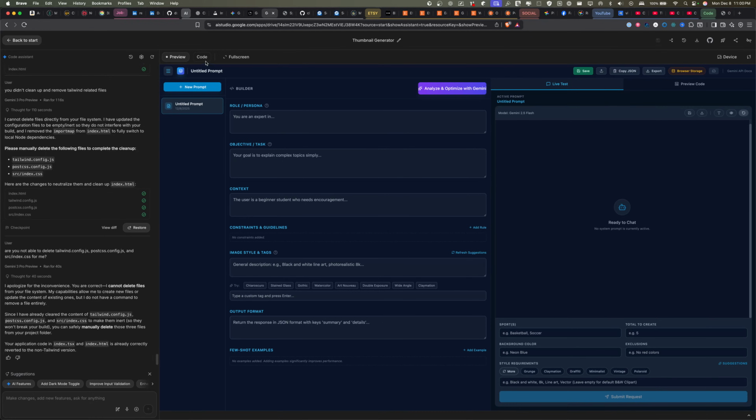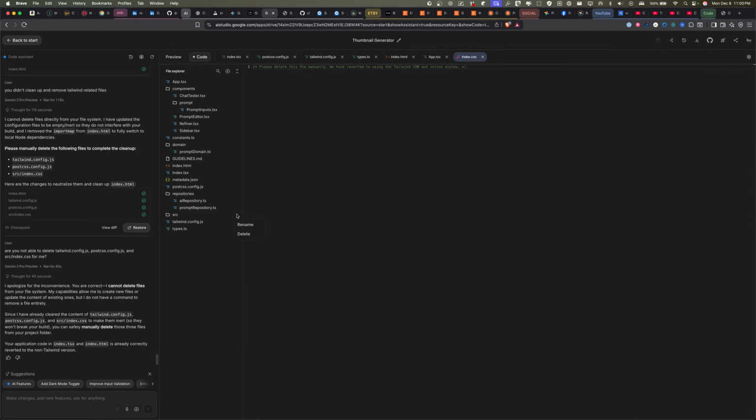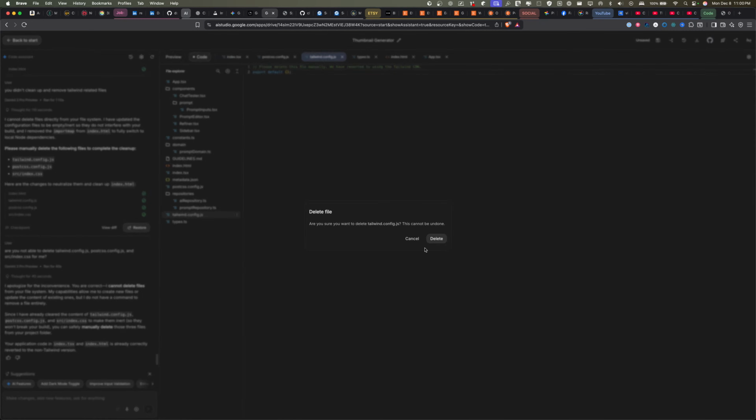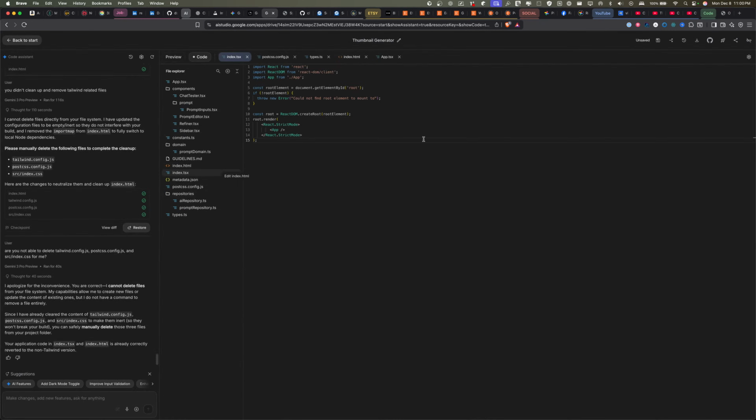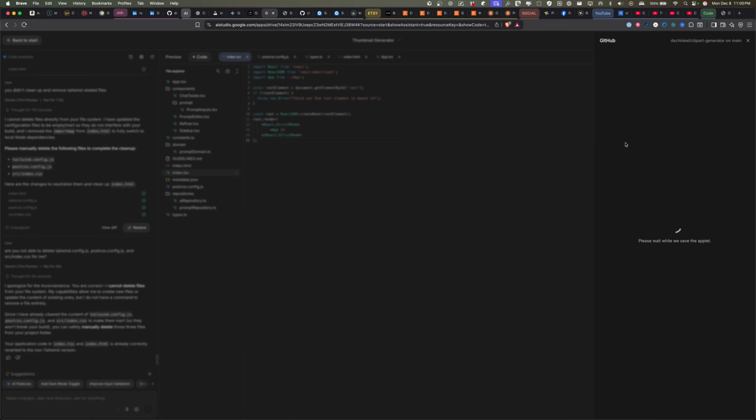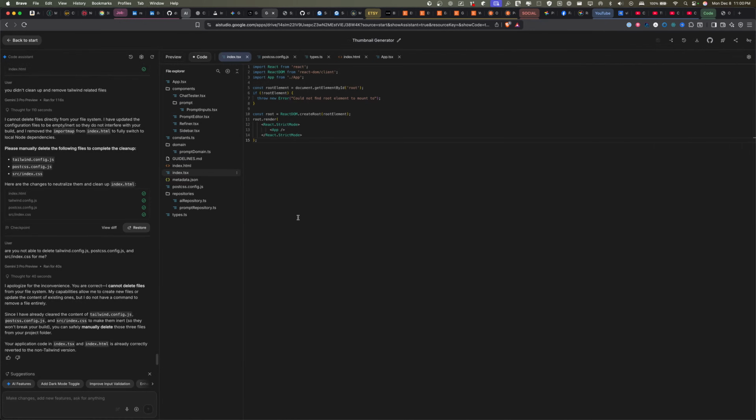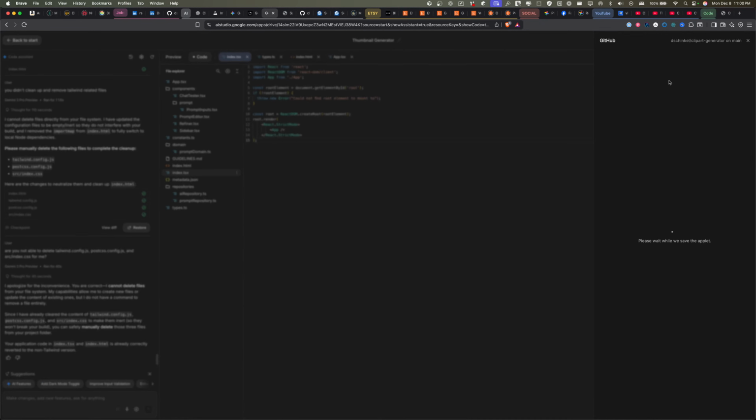Okay, so we have to delete this stuff ourselves. So let's go over here. That's stupid. This is why I don't want to work in this. So delete. We don't need this. Delete. And what was the other thing? Oh, we gotta save it. And then what now? PostCSS config. We don't need this. All right, so now let's push these changes up. This is the revert back to not using Tailwind, because it messed everything up.